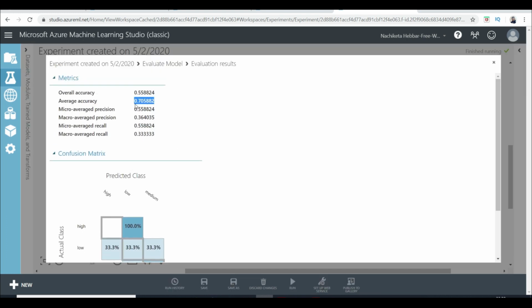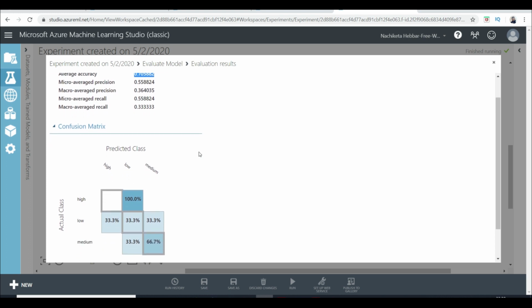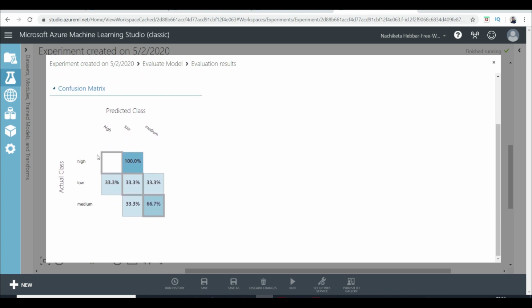The average accuracy is 70%, not good, not really bad as well, considering that the data set was pretty small. And you can see the confusion matrix over here, right? So this is the actual class over here and the predicted class. So when the actual class was high, 100% of the time it is predicting as low. So you might have to vary the input attributes or try for a larger data set. For low, when the actual class was low, it is equally predicting for all three classes. Again, not a good sign. The medium class, however, is doing comparatively better, which is 66% of the times it's making correct predictions.